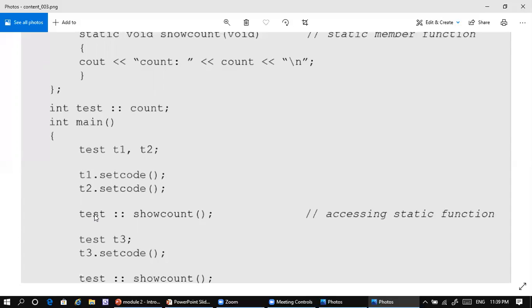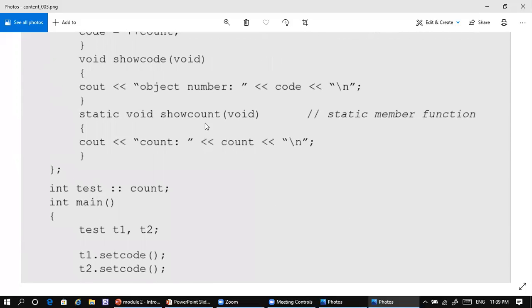So what is the class name here? Test. Test is the class name, and the scope resolution operator is used. Then the member function name show count. This member function just displays the value of the count.